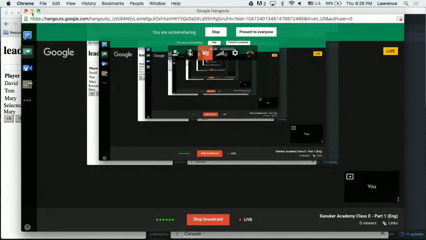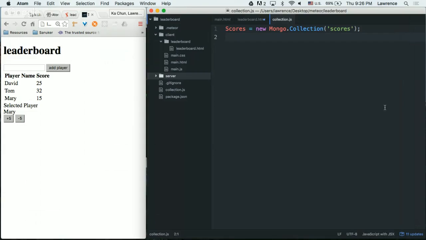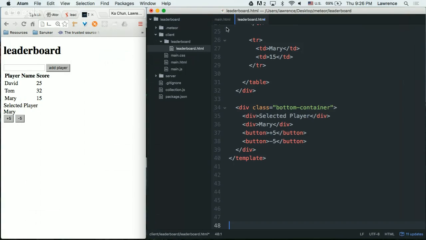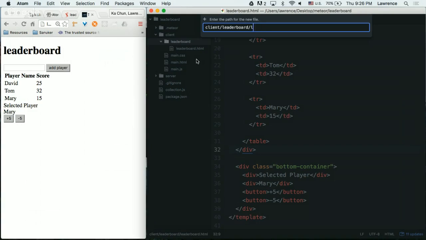Okay, now we continue the second session. We have done the database part, so you know what the database is. So we don't need this file, you can even close it. Now, underneath your leaderboard folder, right click and create a new file. And guess what the name is? Leaderboard, and then .js this time, not HTML. Don't type it wrong. Yeah, leaderboard.js.